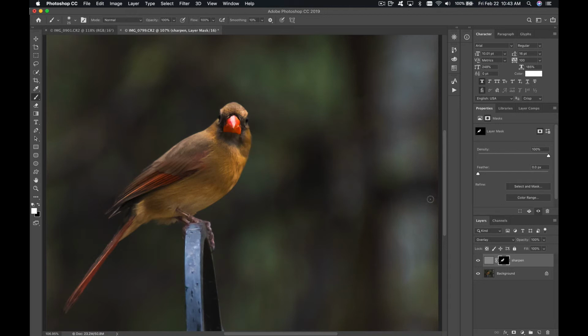So now, it looks like I missed a spot. You can see from the white in the black area. There we go. So now if I do before and after, watch again the bird. So here's the before. Here's the after. The before